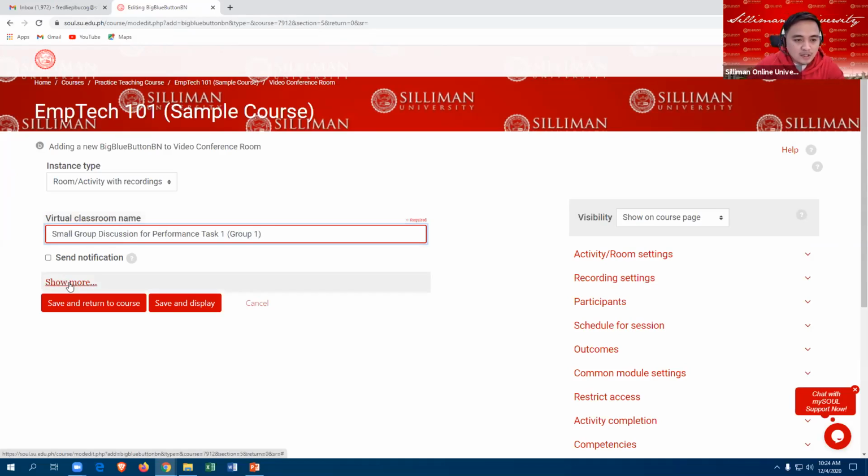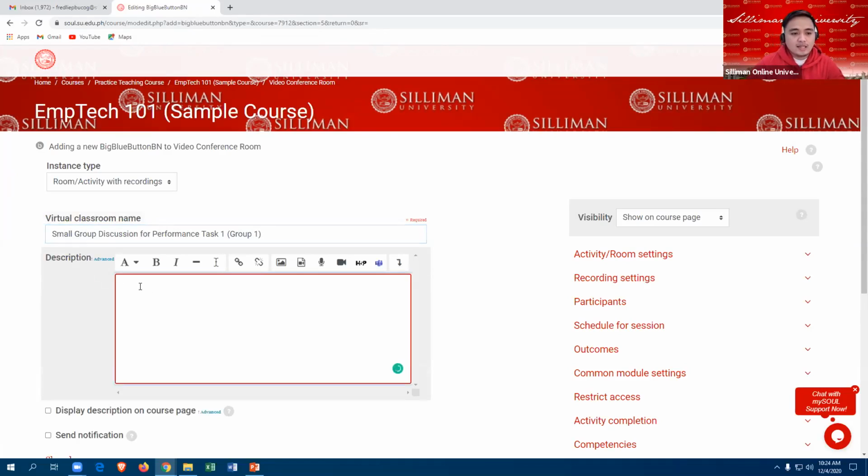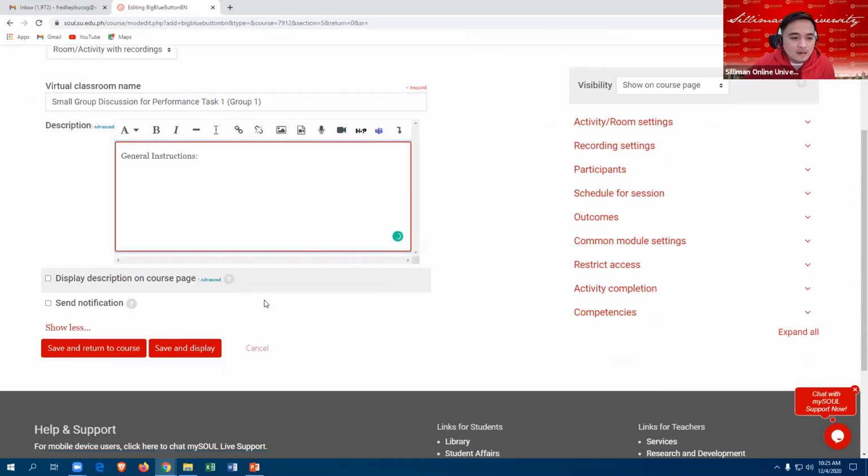And then you click the show more and then in the description you will specify your general instruction or instructions, and then here disable the display description on course page.